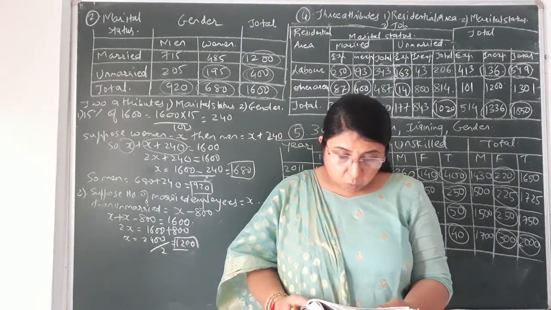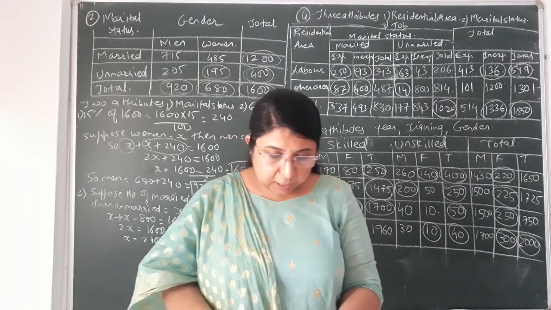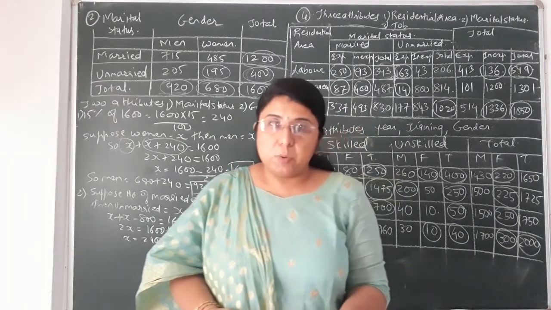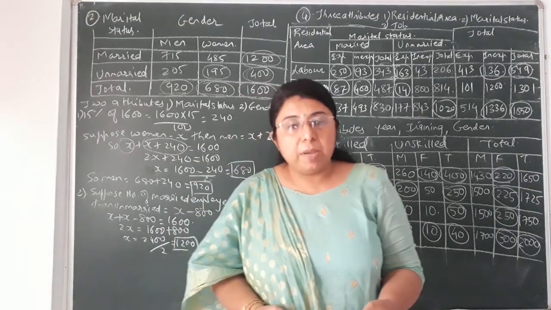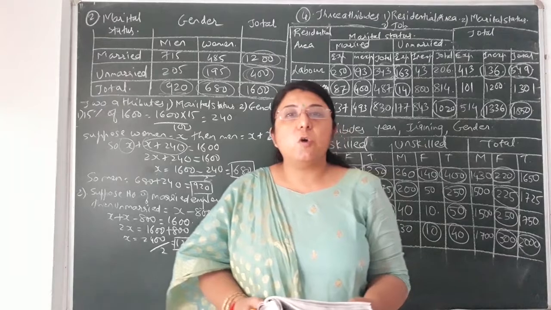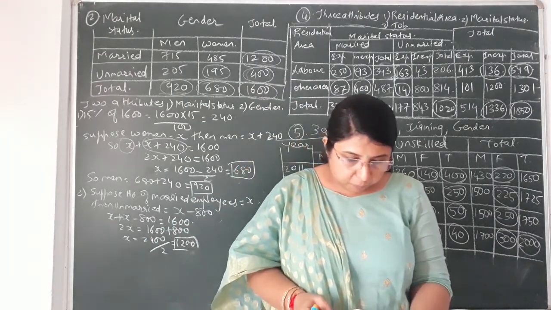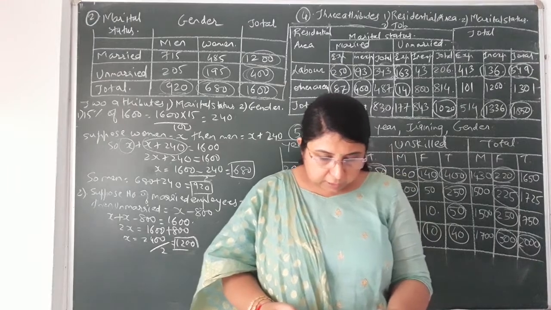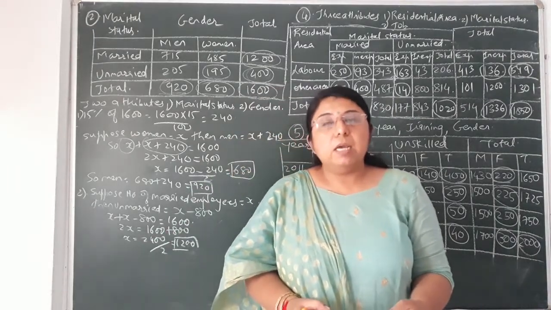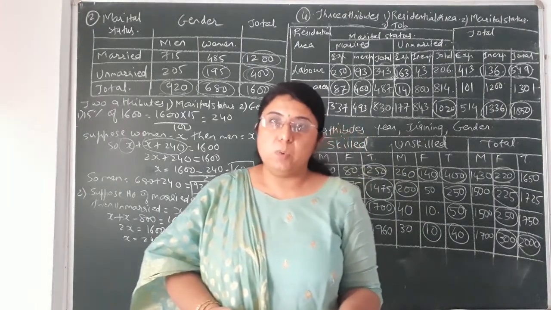1600 employees are working in an office. Among these employees, the number of men exceeded the number of women by 15% of the total number of employees. It means the number of men is more than the number of women by 15% of the total number of employees. The number of unmarried employees is 800 less than the number of married employees. That is, the number of unmarried employees is 800 less compared to married employees.